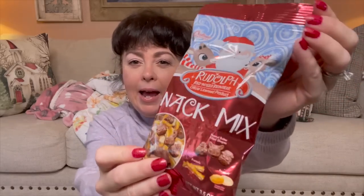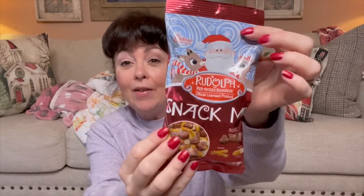Okay, then this is another thing that is so good. Rudolph's Snack Mix. Great stocking stuffer once again. And it's delicious. And you get 3.5 ounces. Can't go wrong with that. Then I love these little